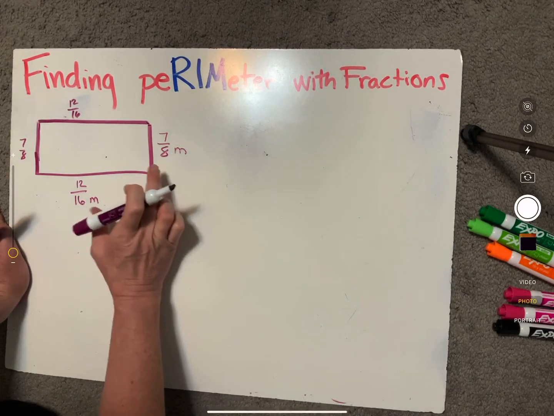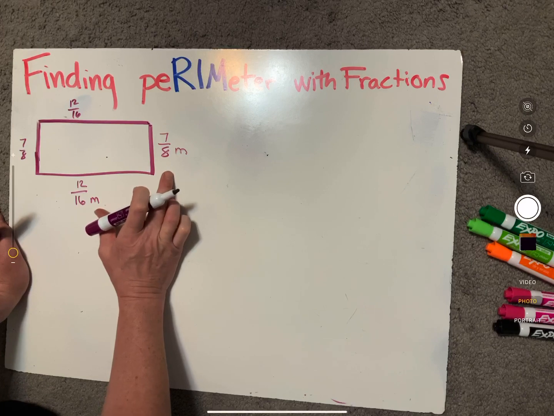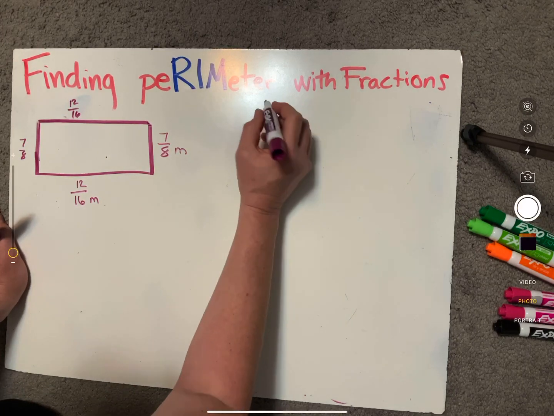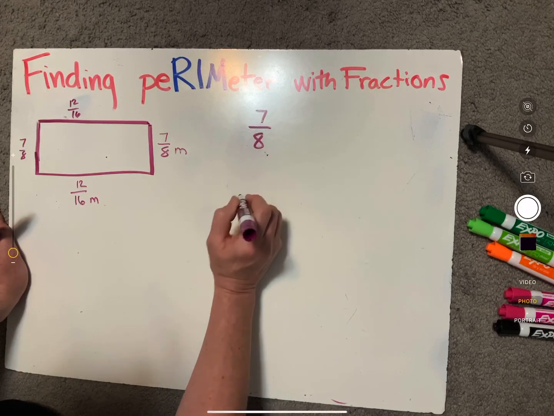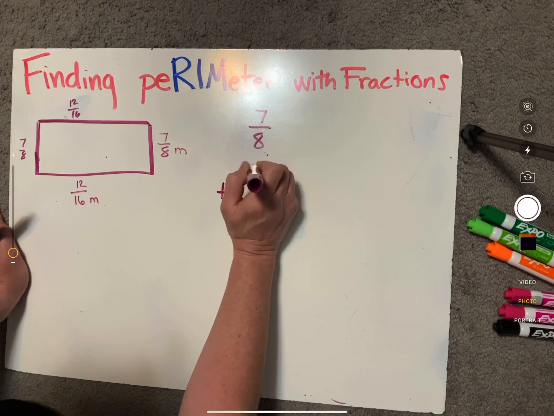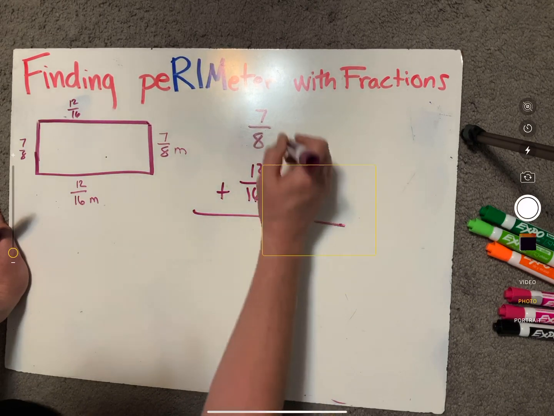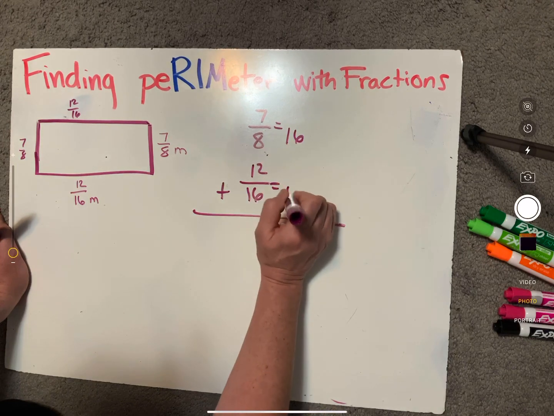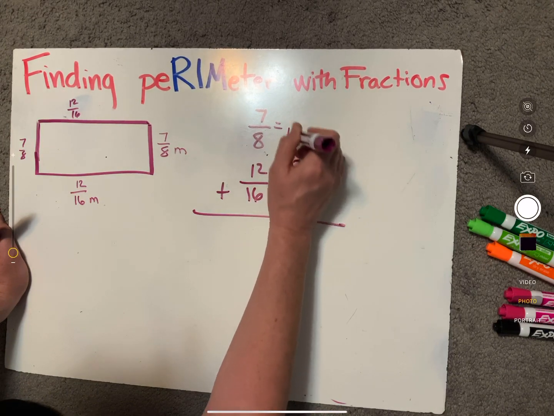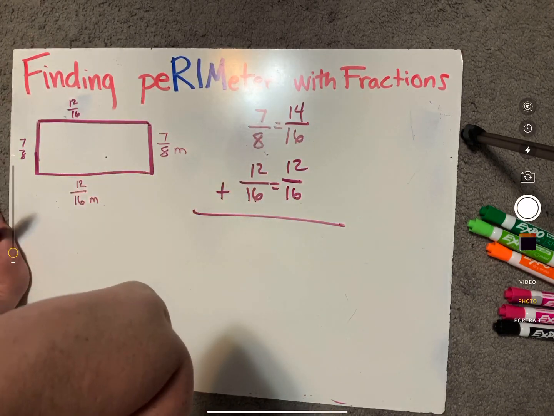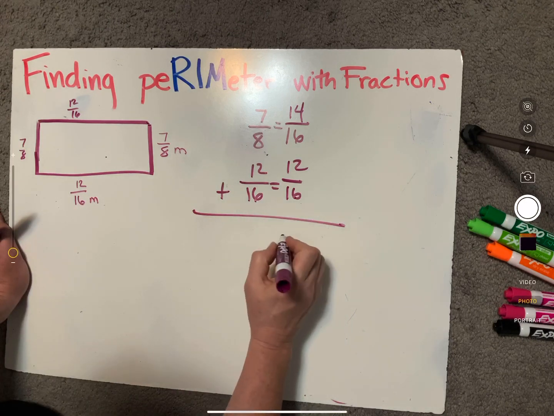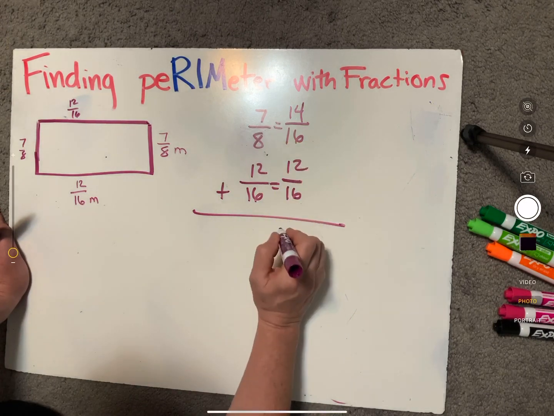So the last way would be if you added these two sides that are different lengths, and then we're going to add that information together twice. So 7/8 plus 12/16. Okay, so 14 plus 12 would be,